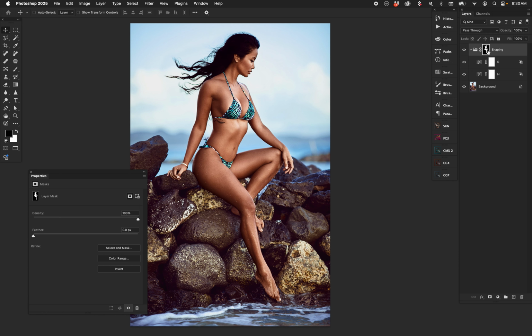Hold down Alt or Option, click it to see it. There it is. And then there's our shaping. Now, initially it might be too strong, but that is what opacity is for. We can change the opacity of the folder itself and change both functions at the same time, or we can, of course, change the